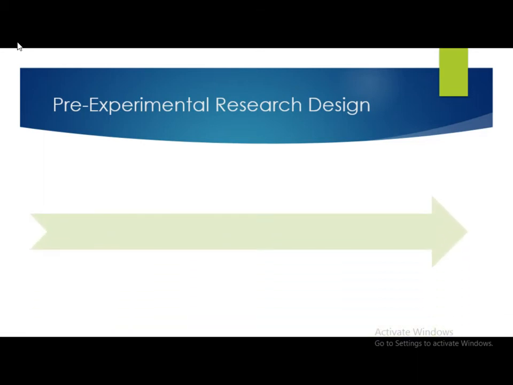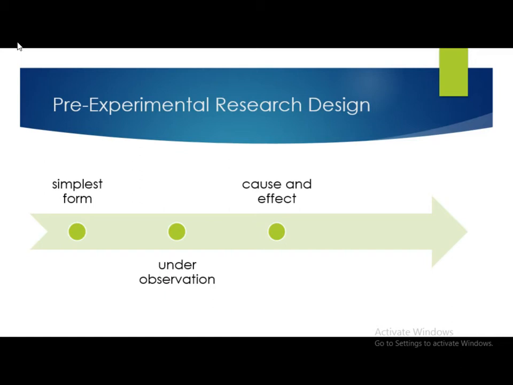This is the simplest form of the experimental research design. A group or various groups are kept under observation after factors are considered for cause and effect. It is usually conducted to understand whether further investigation needs to be carried out on the target group or groups, due to which it is considered to be cost effective.